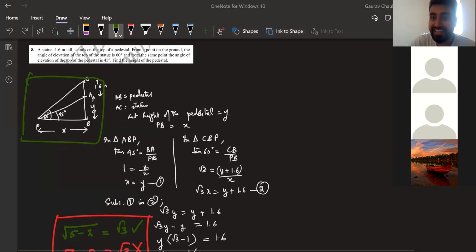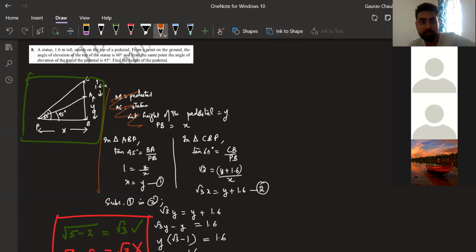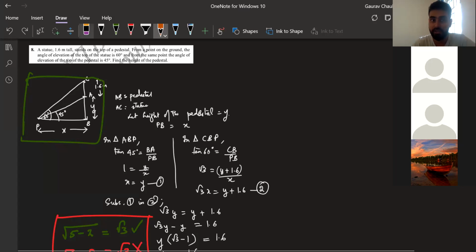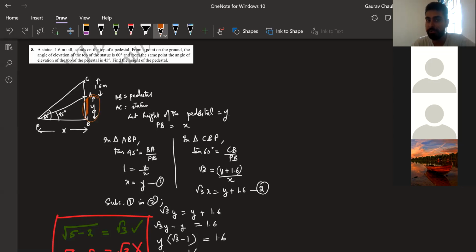All right. Moving on to the next segment. This whole part is the diagram only. We chose y and x. Why did we choose this as y? Why did we choose this as x? Is that part clear to us? Because we don't want to deal with the hypotenuse. The hypotenuse has no use for us in the entire thing. We want to find the height of the pedestal. This was the height of the pedestal, so we gave one variable to it.